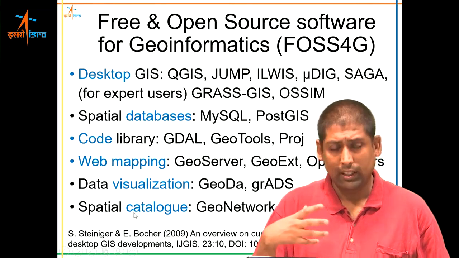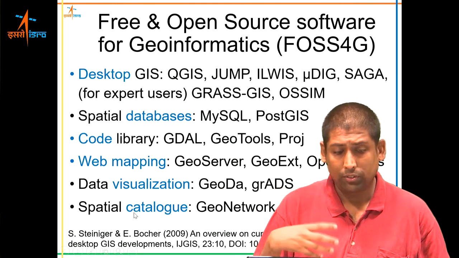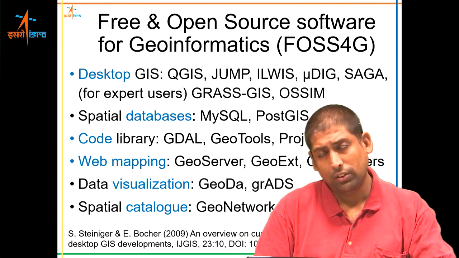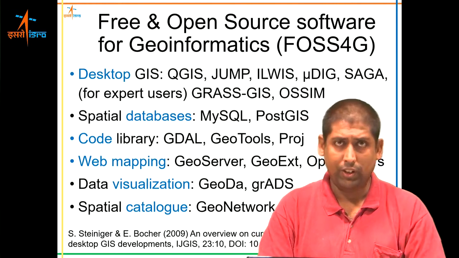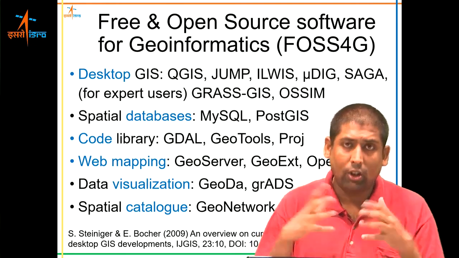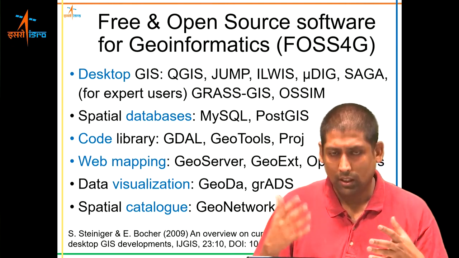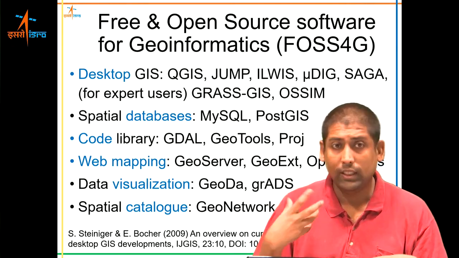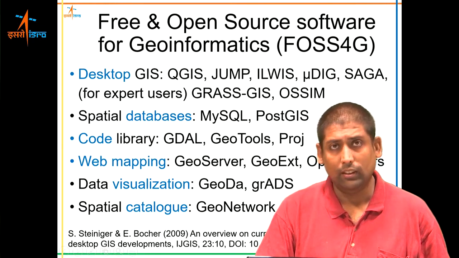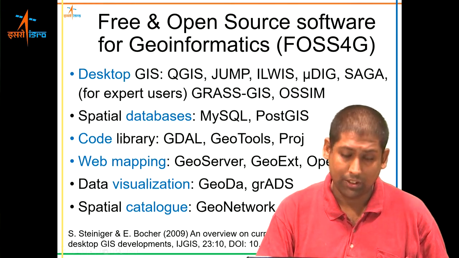Now, to catalog all the data, because you know that spatial data is available since 40 years now, since the advent of Landsat 1, a huge amount of Earth observation data and other spatial data sets are available. So it is a need of the hour to have a cataloging software to put all this data in a catalog so that people can sieve through it and select only the data sets that they require. For that, the most popular software, I can say, throughout the GIS industry is GeoNetwork.